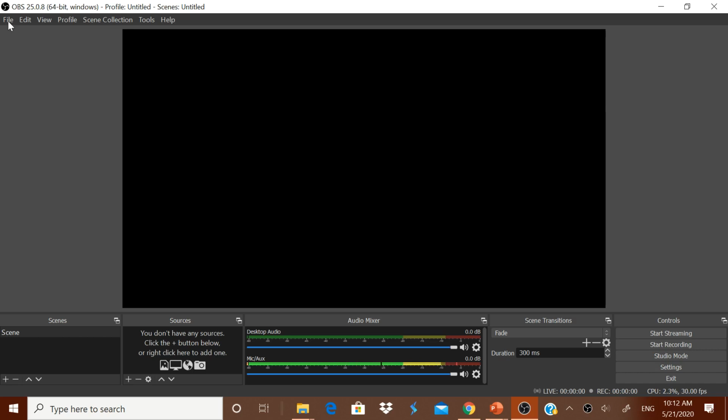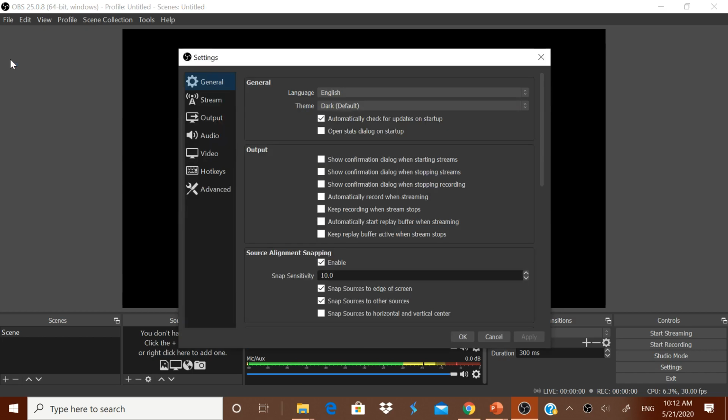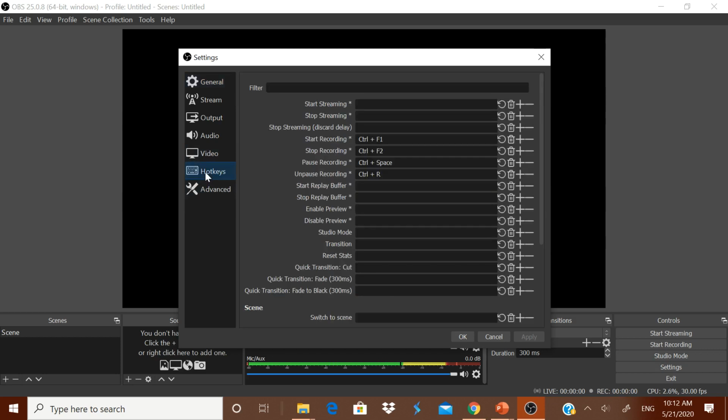Go to File. Already I have done the settings. I will show you how you have to do it the first time. You have to do it only once. From File, go to Settings. So many settings are there. Don't touch any of them. We will just go for these hotkeys. Why are we using the hotkeys? Because whenever you are doing any screen recording, to start it, stop it, pause it, or start it once again, you would have to come back to this OBS Studio window. There is no need for that.